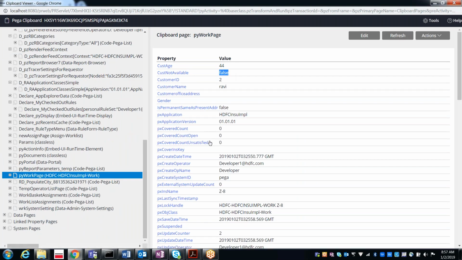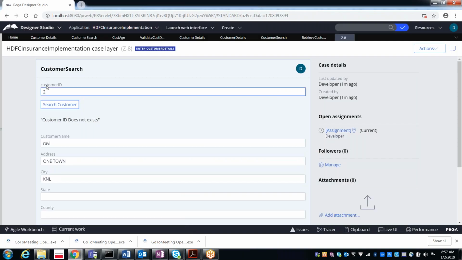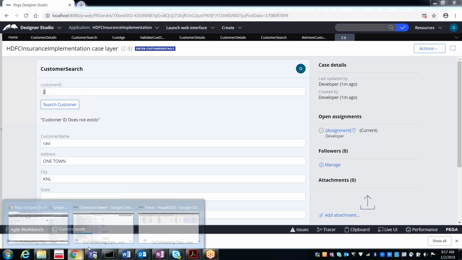It is false. Still it is false. When it is 2, it is false. So why is it not setting? So keep the tracer and trace it again.